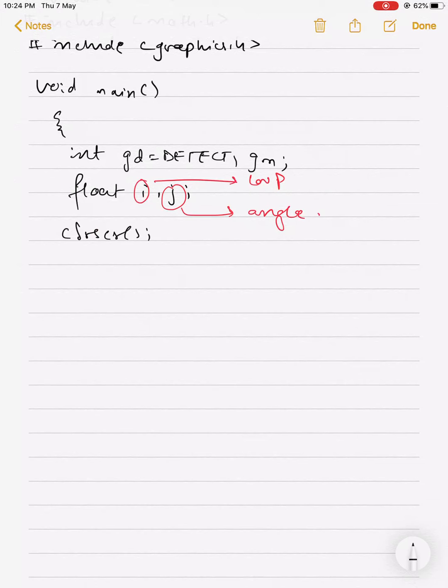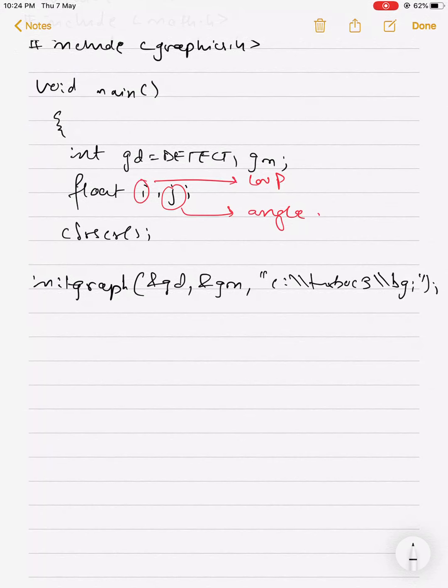Clear screen. Let's clear the screen of the bar graph and everything. Now initgraph, the graph and gd, gm, turbo c3. Okay, set, a little decoration is needed: set background color as cyan and set color of the circle as red.